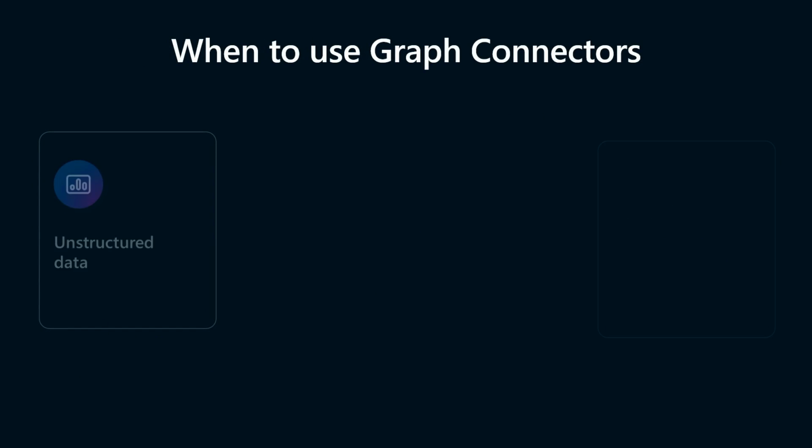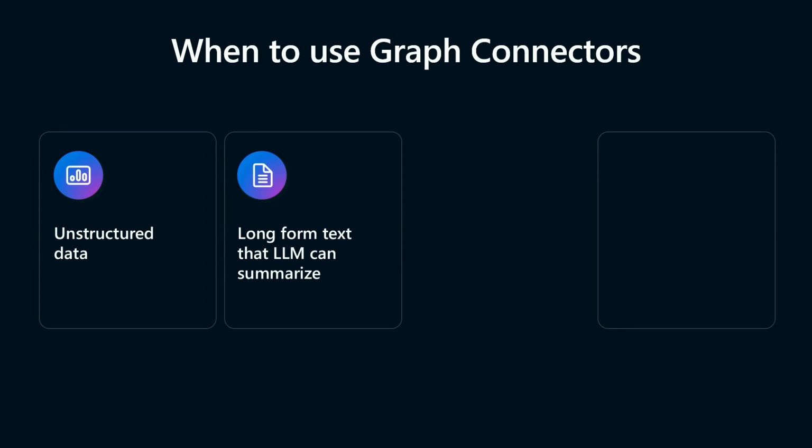Now, where do Graph connectors make the most sense? Like most search indexes, unstructured data is really where it sings. Anything where you can take a bunch of information and flatten it into a JSON file or a plain text file and throw that through the Microsoft Graph to get it in our index is really where it's going to make most sense. And large language models do a really good job of taking that flattened content and using it in summarization. You'll see that in some of the partner demos we'll show today.